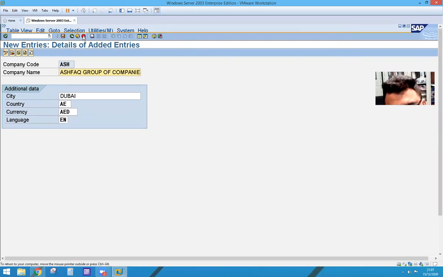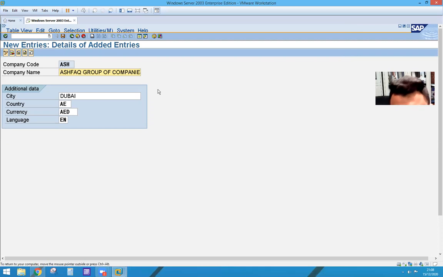We can go back using these three buttons, or this one. We can click this back button. For /n also we can go. /n is the T code. With that, we can go back. But if you type /n, you will directly go to SAP Easy Access. But if you want to jump from one step to another, you can use T codes. I did not give you the T codes.